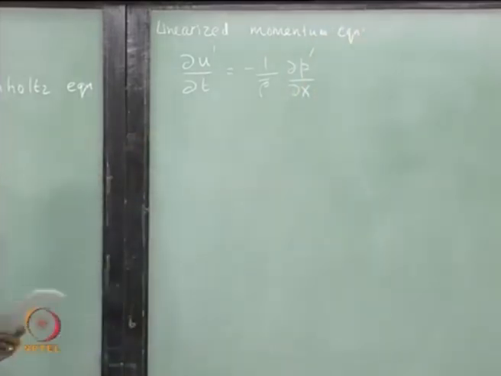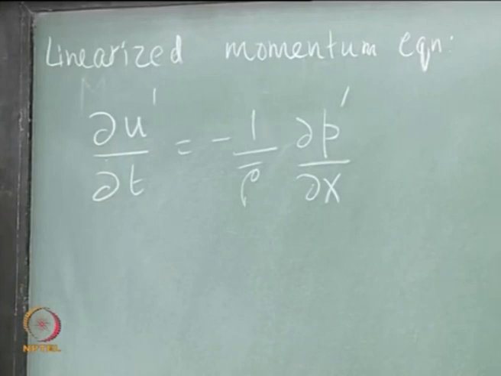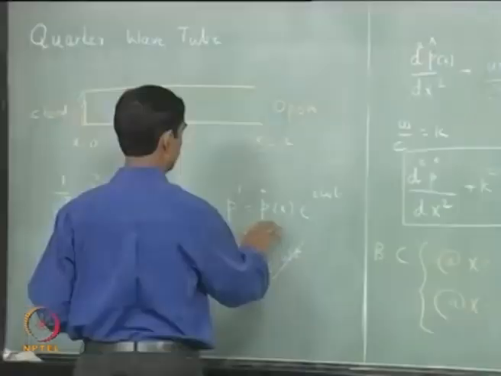So we can use the linearized momentum equation, du prime by dt equal to minus 1 over rho bar dp prime by dx, and if you now substitute this ansatz, we said that p prime is p hat of x